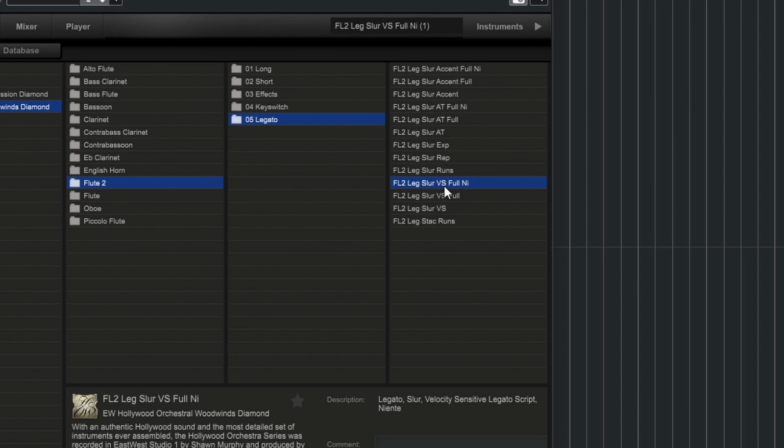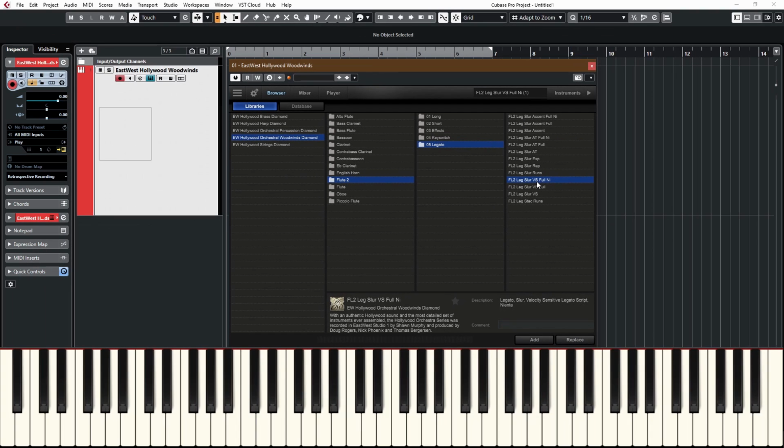So that means depending on how hard I hit the key, I will get different legato transitions. They're quite subtle, but if I play softly, if I play hard, very subtle, particularly noticeable if you do faster passages. If I play very softly,